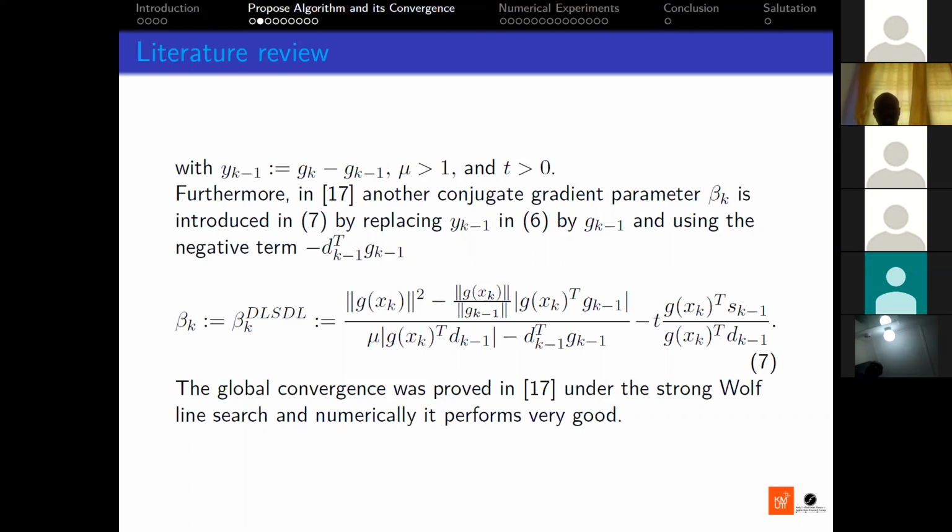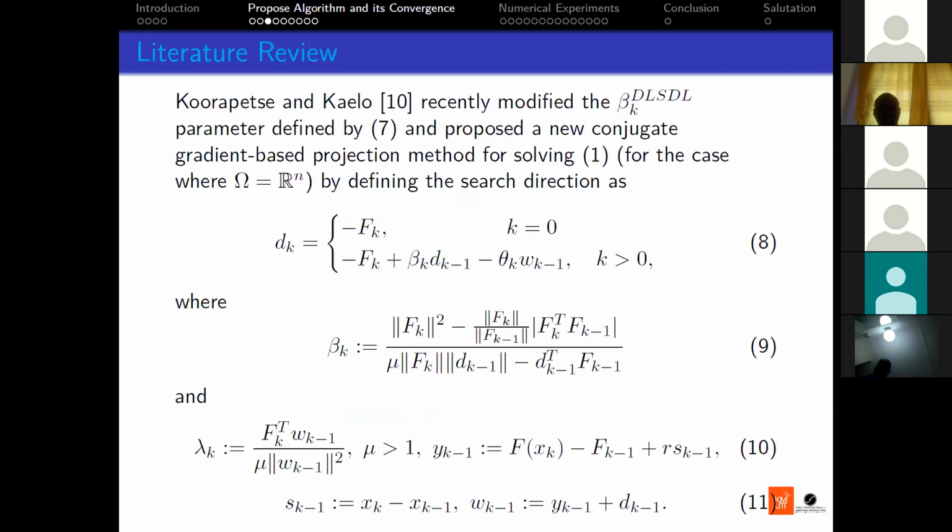7, which they call beta k DL SDL. Now in this paper, they were able to show that the algorithm converges globally, but under the strong Wolfe line search. And they also show that numerically it performs very well. Now this is the paper we are motivated by. Now, another motivation is that